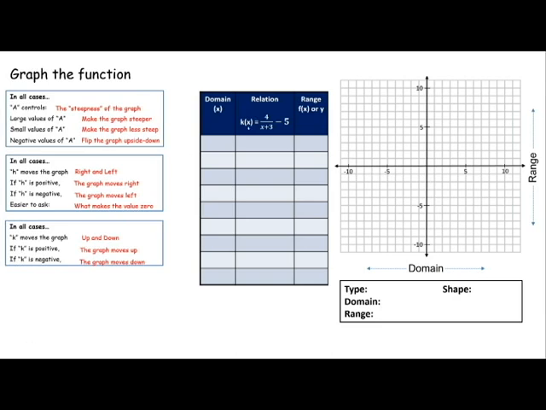Let's take a look at k of x. K of x equals 4 divided by x plus 3, minus 5. Any idea what kind of function that is? Well, hopefully you realize that is a rational function. And if you know it's a rational function, hopefully you remember that it makes a shape that's very distinctive. It's got those two curves that are separated by a vertical asymptote